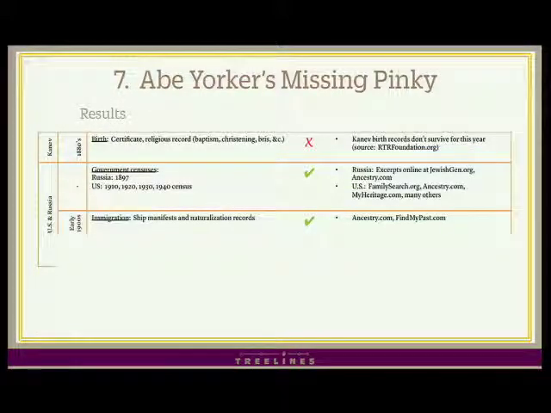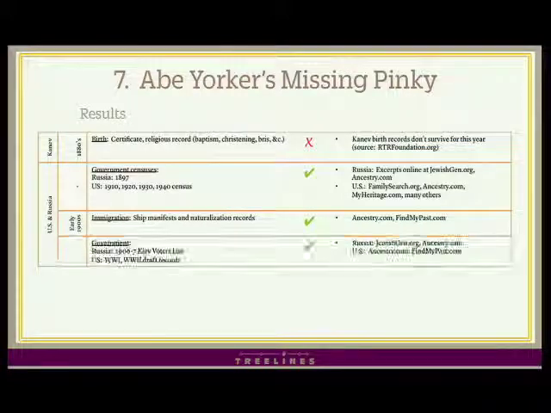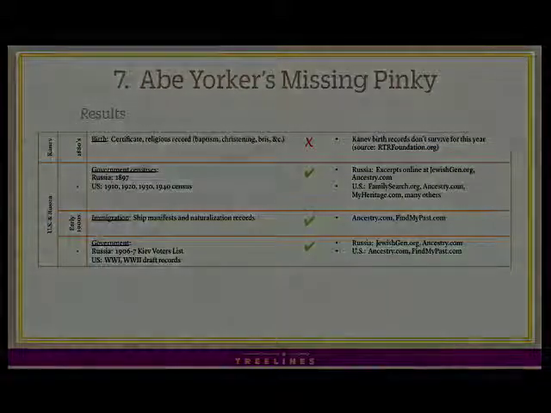For immigration as well, as you saw, there's ship manifest and naturalization records, where I was able to have a lot of success once I figured out that original last name. And finally, there are other kinds of government records besides these. In Russia, there was a voting list for the area where Abe lived. And in the US, there were also military